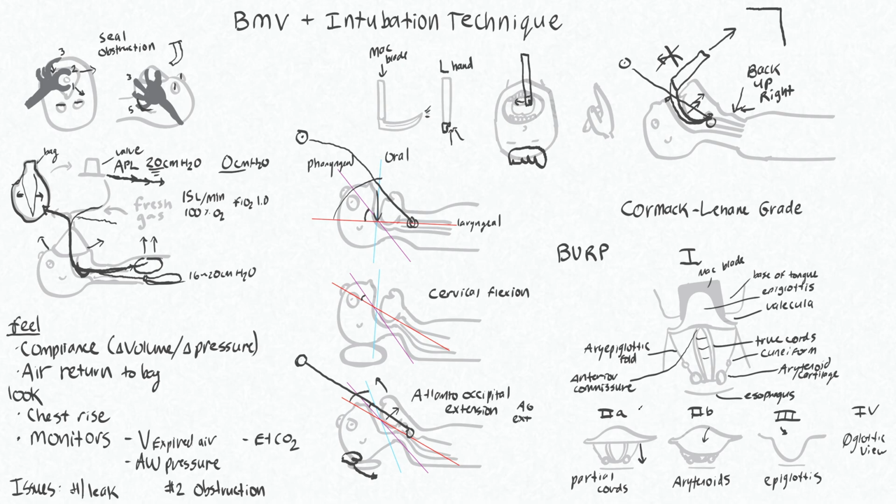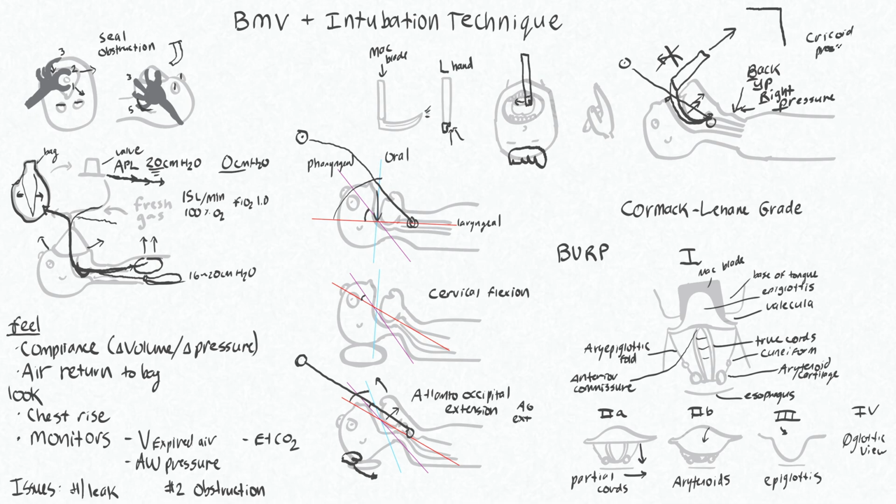So the reason you're doing that is because technically you're kind of looking on the right-hand side because of the way the Mac blade is designed. So by moving your whole glottis to the right, maybe that will facilitate your view and the pressure. Back, up, right pressure. And so this is pressure that you apply to the neck, but it is different than